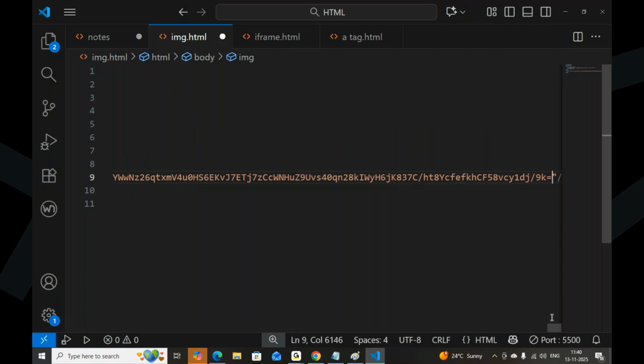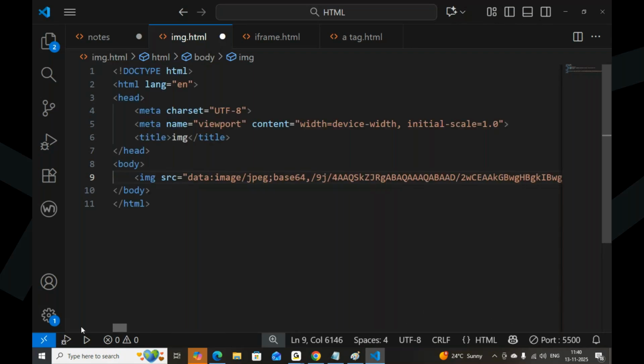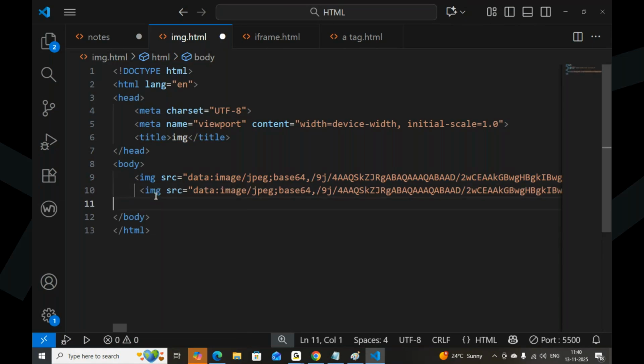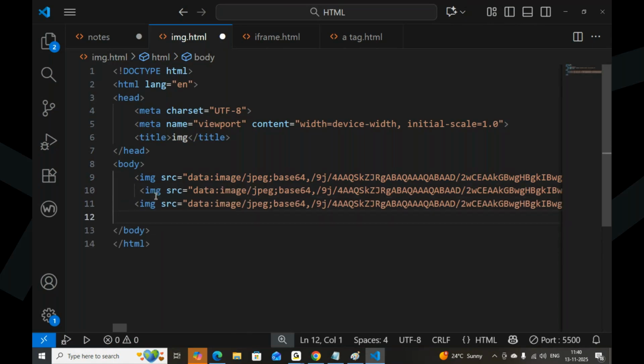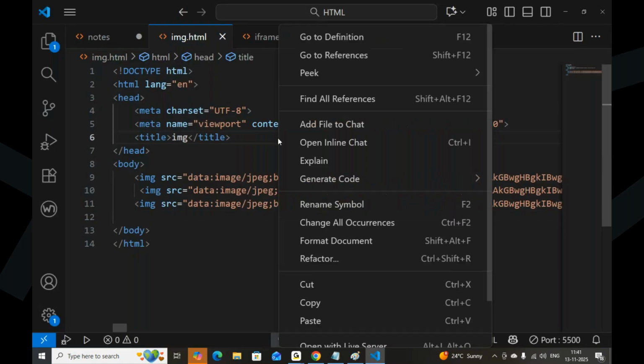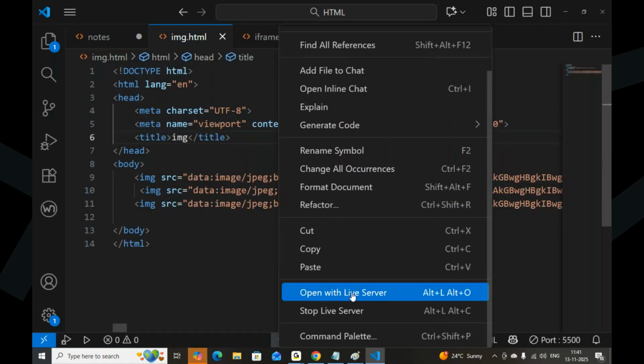But remember, the IMG tag is an inline tag. In one row, I can place n number of images. I will tell you the difference between inline tags and block level tags. I'm taking 3 images over there. I will explain. I will explore it in the browser.